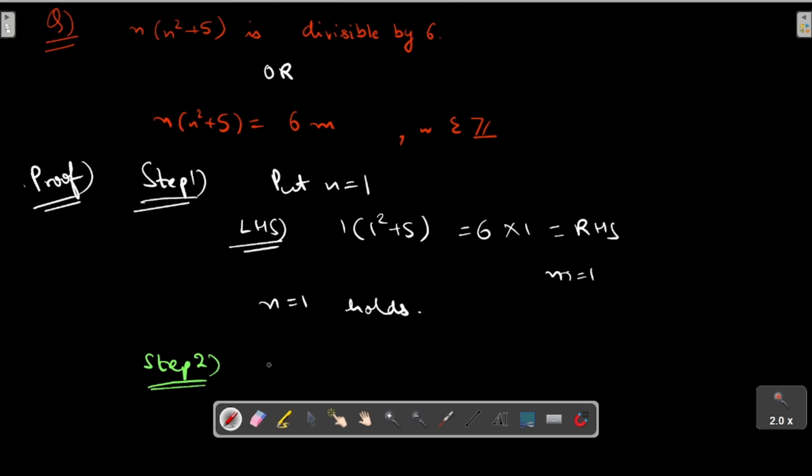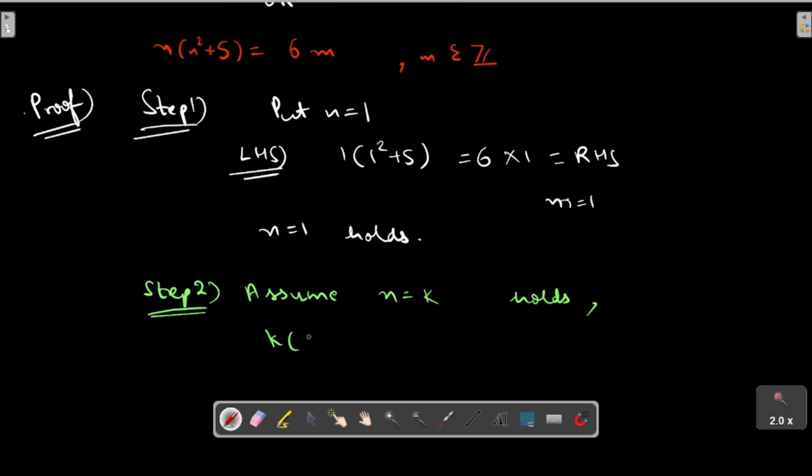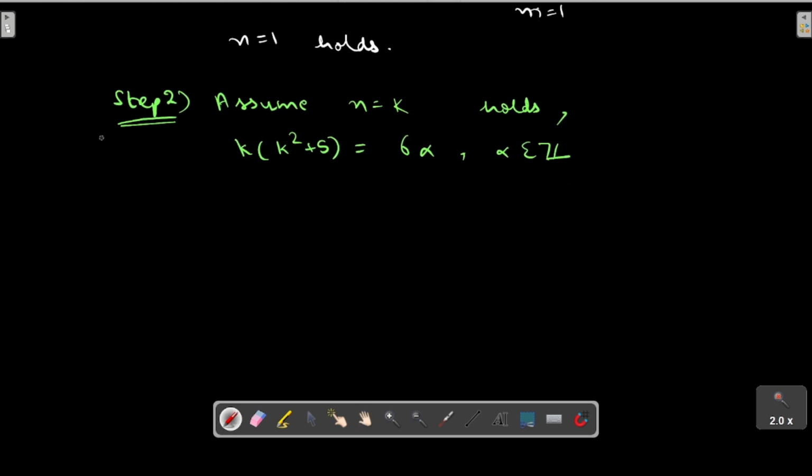Step 2 is assume n is equal to k. We will assume n is equal to k. What does it give us? That k square plus 5 is equal to some 6 alpha, where alpha belongs to integers. Okay, next is your